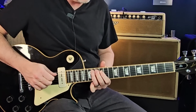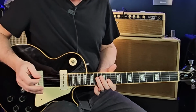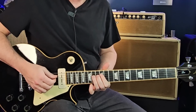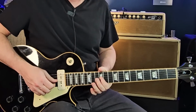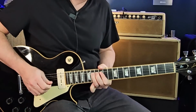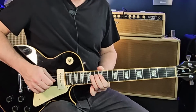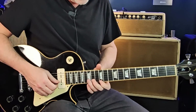So we're coming up, and the note we're going to get to is that one, which is one of the two notes that's not in the pentatonic scale that we'll come to. But I think he bends this up. He doesn't fret it that first time. He bends up on the fourth string, which you don't do a lot, right? And grab that 12th fret on the third, right? So those together. Yep. Then I think he hits that root note a couple times, and does a quick bend up to the high E,